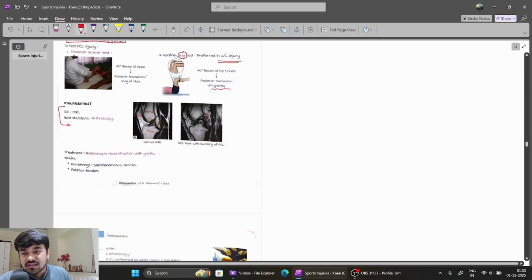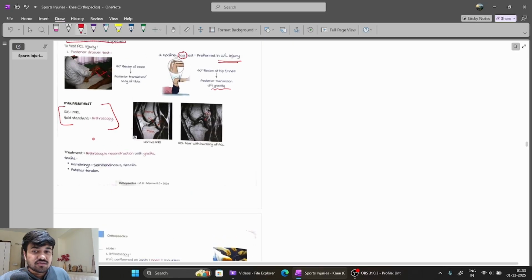Of course, the investigation of choice is MRI, as for all sports injuries. Although, being an intracapsular joint, the gold standard investigation of choice is arthroscopy, right? Now, MRI, which MRI? Here also we do the sagittal view